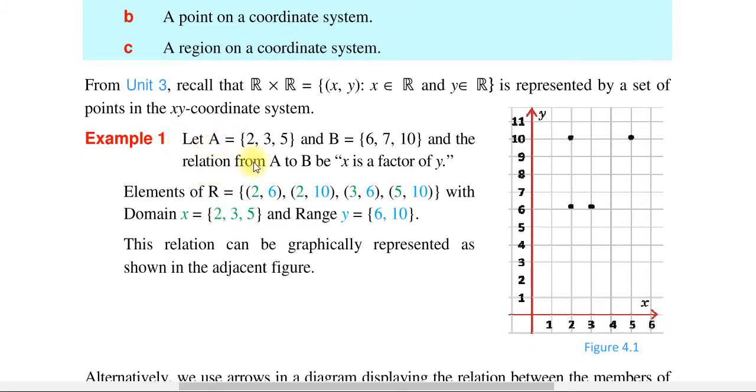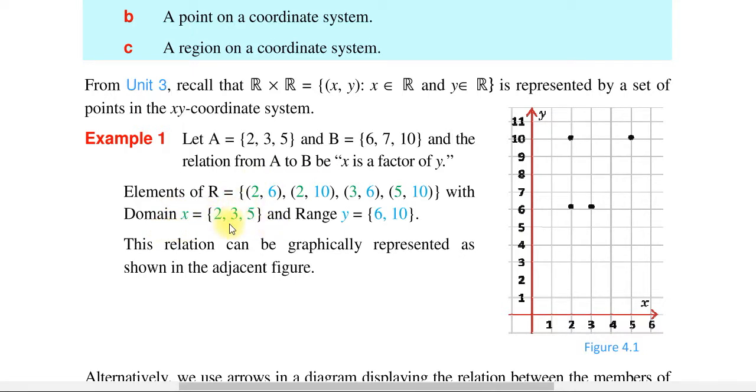Now there is an example. Let set A is the set of 2 3 5 and set B is the set of 6 7 10. Okay, and the relation from A to B, X is a factor of Y ነው እንግዲህ ሪሌሽኑ X is a factor of Y. So elements of the relation is 2 6. 2 is a factor of 6 ማለት ነው። 2 10. 2 is a factor of 10. 3 6. 3 is a factor of 6. 5 10 and 5 is a factor of 10 ናቸው ማለት ነው እነዚህ ኦርደር ፔሮች።